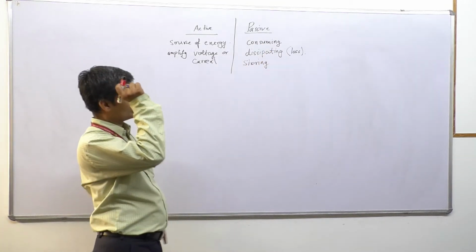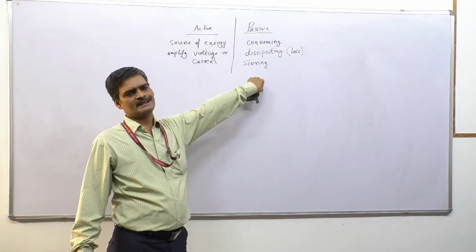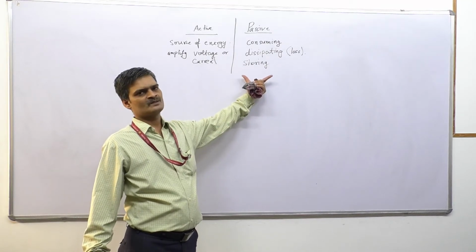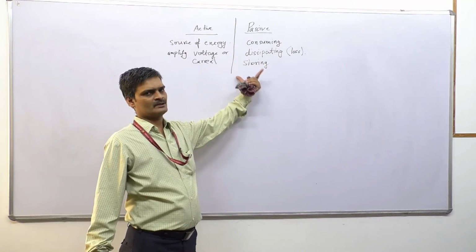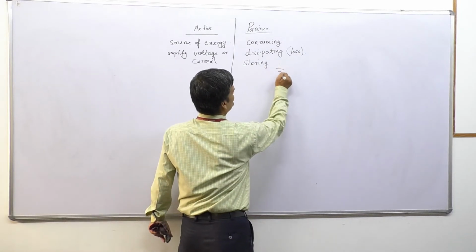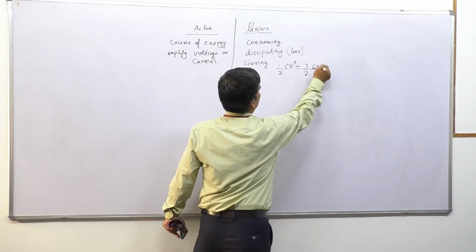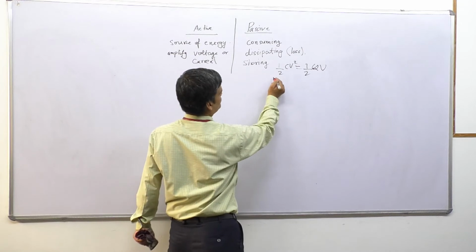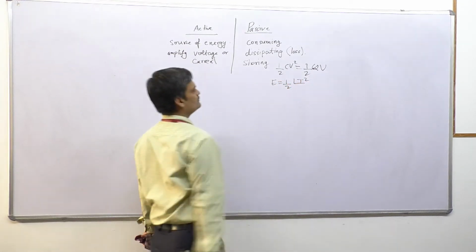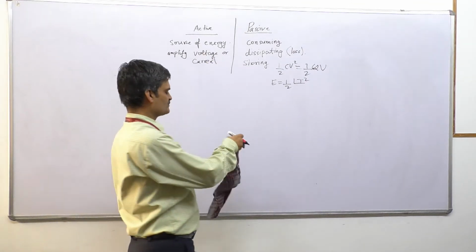What is storing of power? Like we have two elements, inductor and capacitor, which have the capability of storing the energy, such as capacitor stores energy. We have formula already studied, half CV square, half QV. So these are the energy storing elements. In case of inductor, we have energy is equal to half L i square. So this is the basic difference between the active and passive elements.